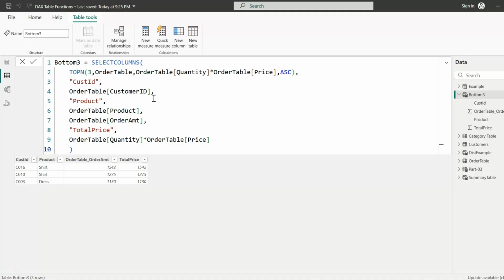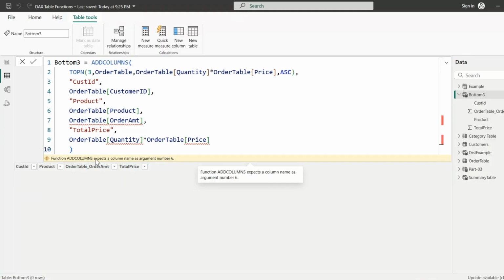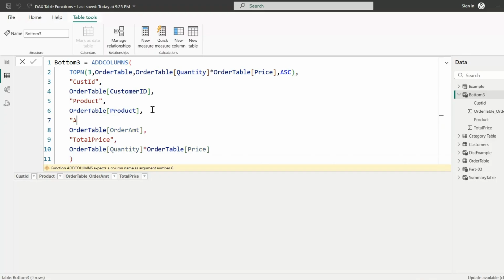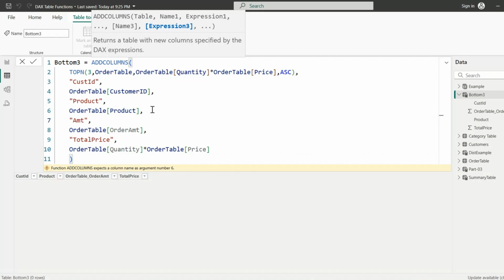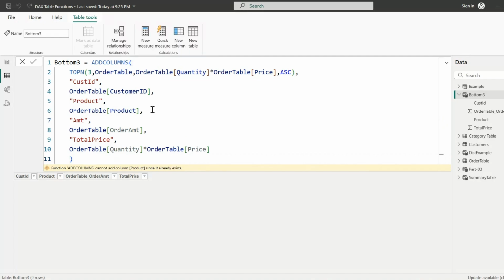And we have also covered the ADDCOLUMNS function, which is quite different and somewhat similar to SELECTCOLUMNS. The syntax is the same for SELECTCOLUMNS and ADDCOLUMNS. But ADDCOLUMNS returns all the columns from the table and whichever columns we have added here. So if I replace it with ADDCOLUMNS and click on enter, you can see the function ADDCOLUMNS expects a column name. Here we haven't provided the column name, but in the case of ADDCOLUMNS, we have to provide some column name. So here I have given amount, and when I click on enter,